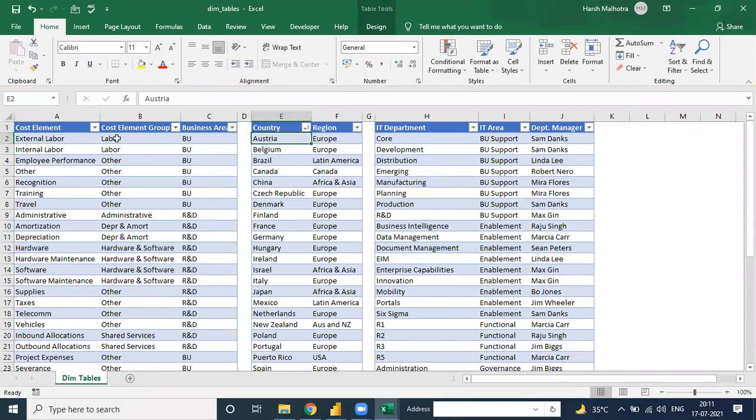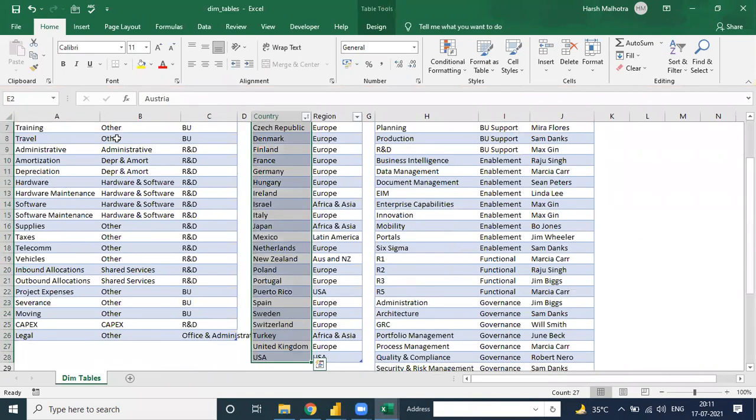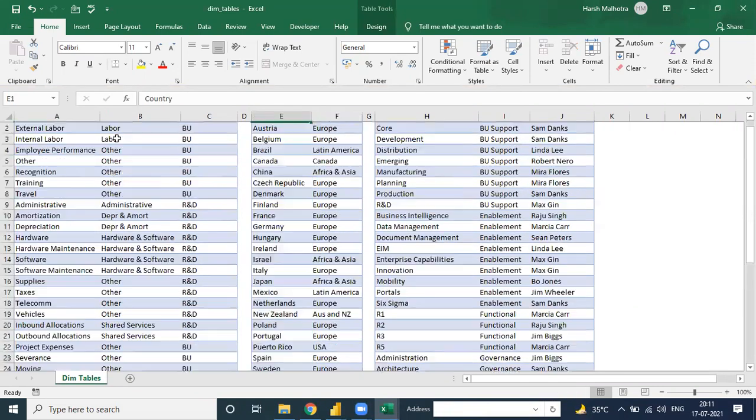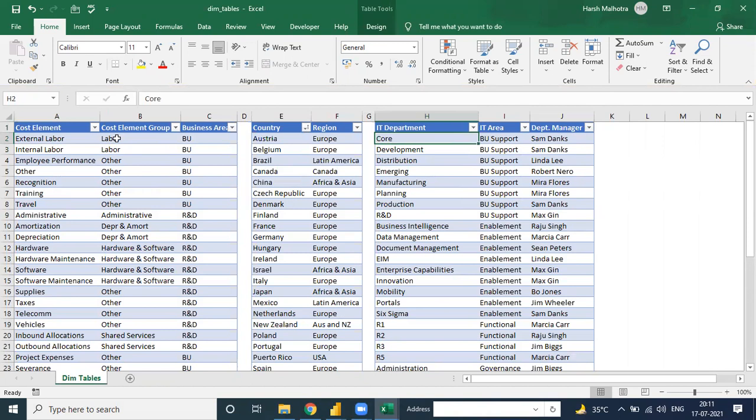As well as country, the total number of countries is 27. So if we categorize the chart on the basis of country, then the total country count is coming. In the IT department there's a core development. Core is one department in the BU area, like BU support, and the department manager is Sam Dance.